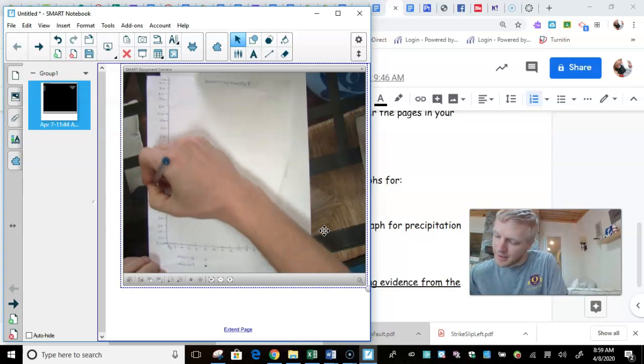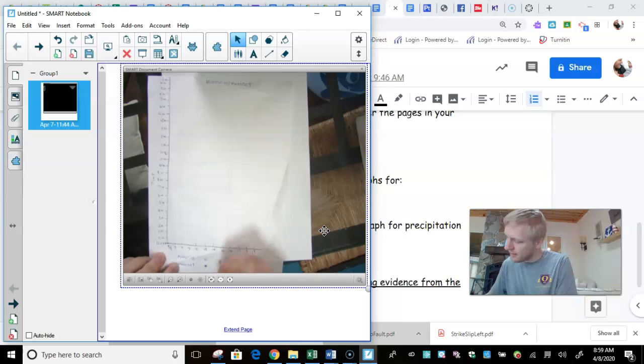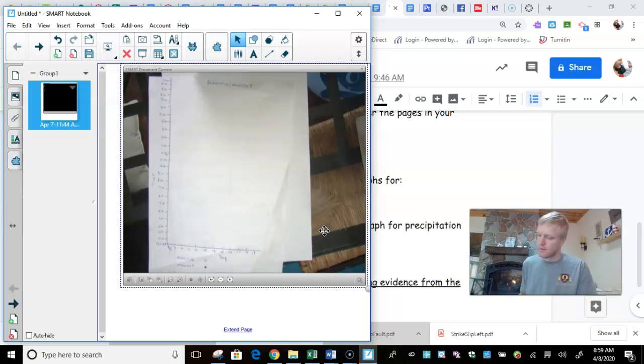So this is time. And then this is day. And I just had it like April 8th, 9th, 10th, 11th, 12th, 13th. If you want to go back to March and end it at today, you could, or you can find data for,